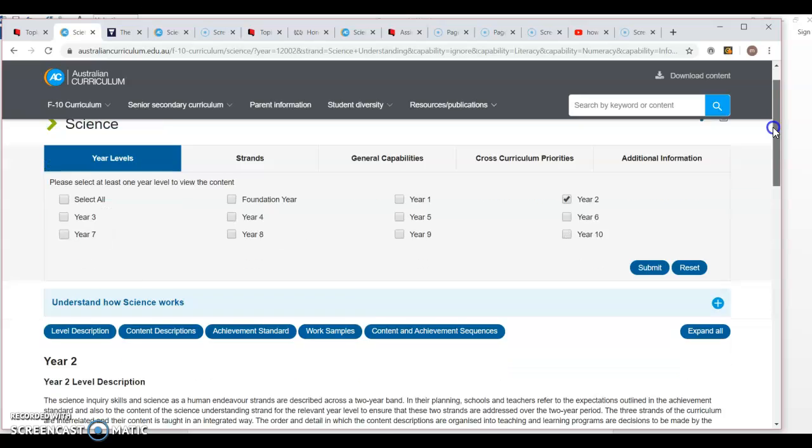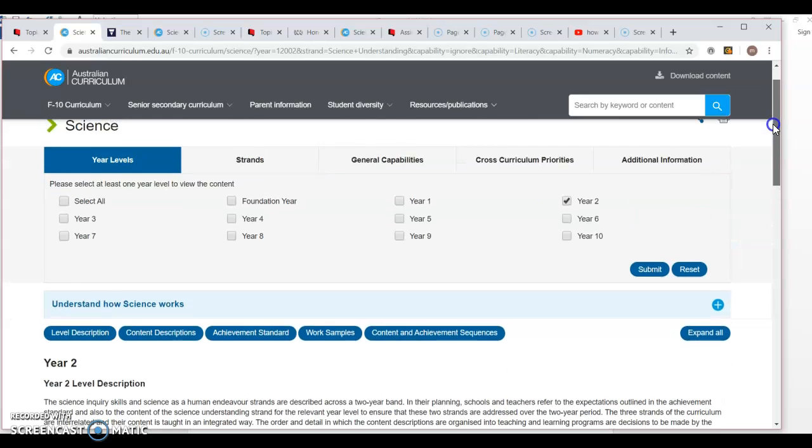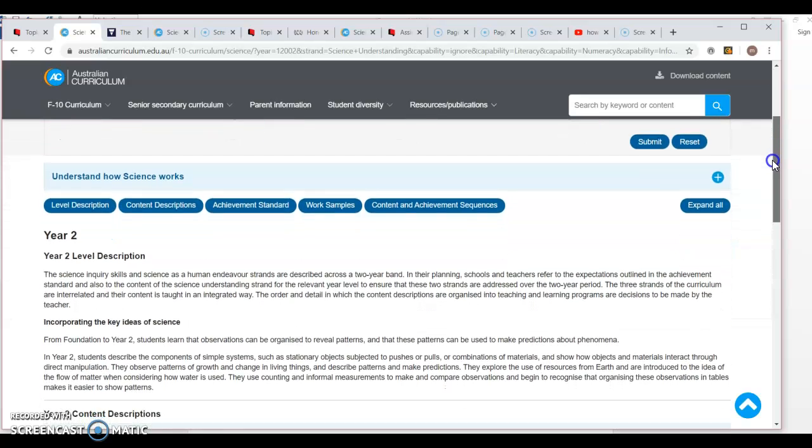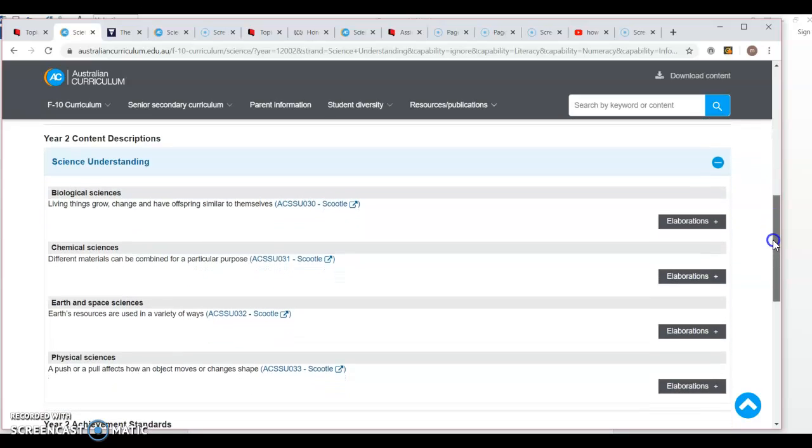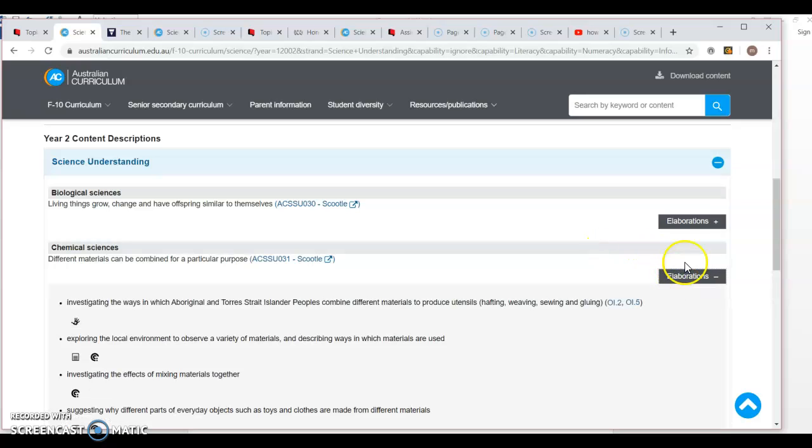If we scroll down here, we've got the content descriptors for chemical sciences and biological sciences, so you'll need both of these for your second assignment. So if I then open this up,